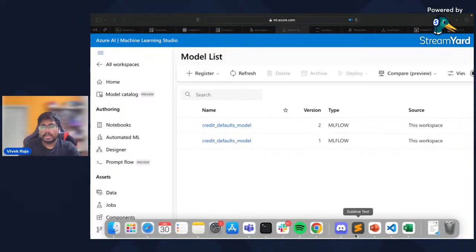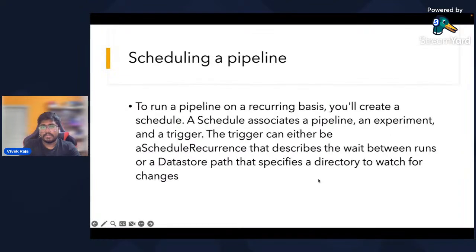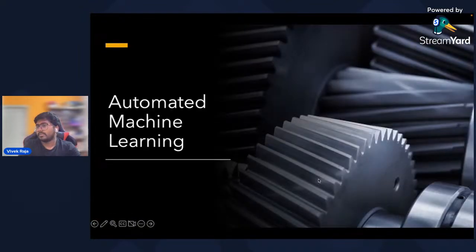So now let's go back to our presentation. We now saw what a pipeline is. Now comes something called automated machine learning. As a data scientist, what we did was, data preparation was done, we collected the data, then we are supposed to do feature engineering and everything, and then we need to select the right model.